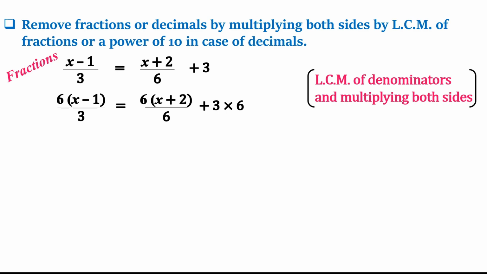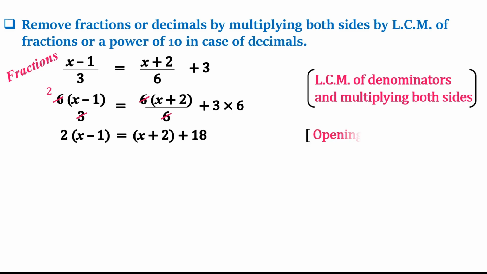Now because in the denominators we have selected the LCM of the denominators, the term which is getting multiplied is actually the LCM of the denominators. They will cancel for sure. So in the next step, 3 and 6 get cancelled and we have 2 in the numerator. In the second part, 6 gets cancelled with 6, so there is no number now, 1 is left. And the third part is just 3 into 6. Now 3 and 6 got cancelled by 2, so I am left with 2 into the bracket x minus 1, and this side I have just x plus 2 because 6 has got cancelled, and 3 times 6 is 18.